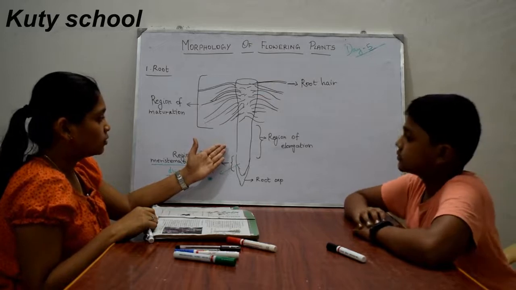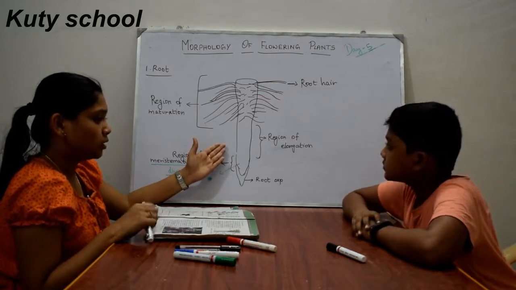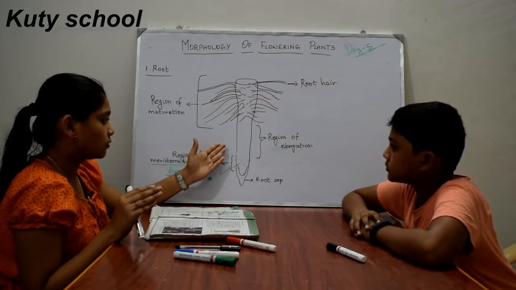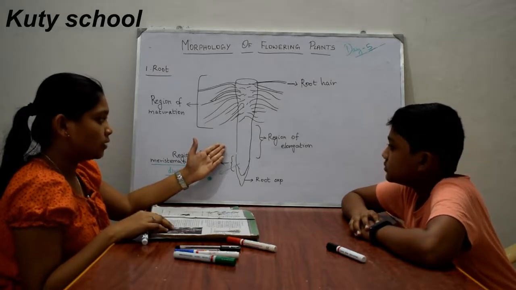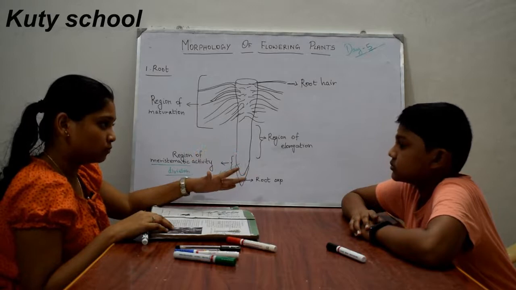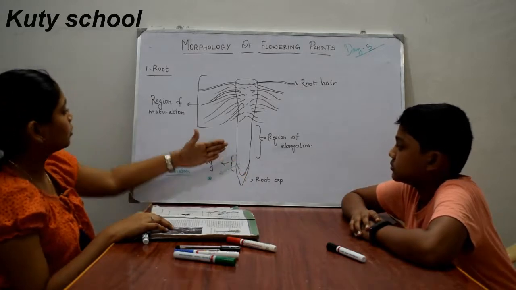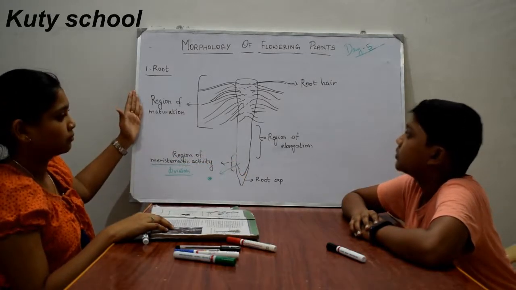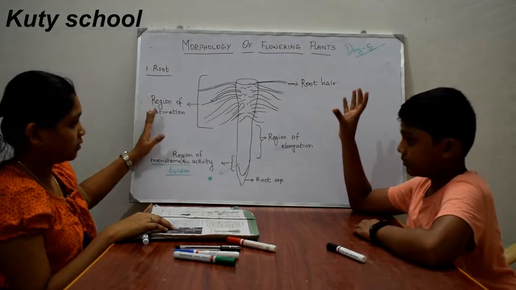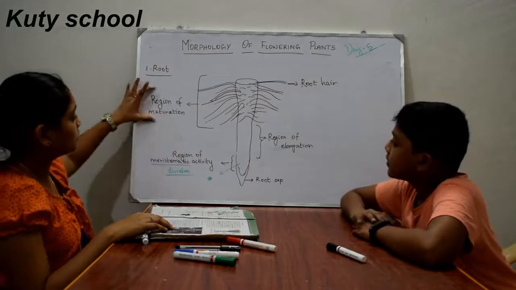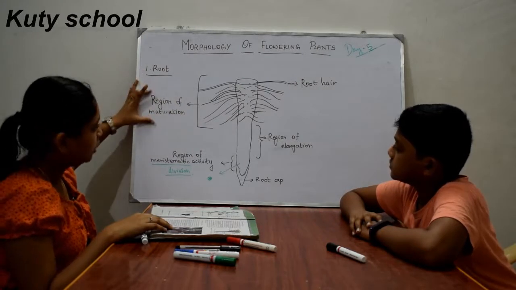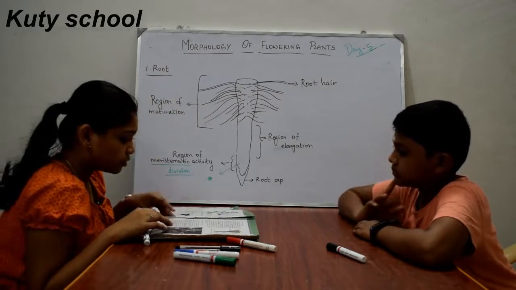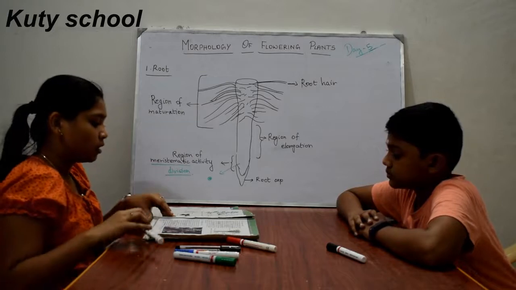So these cells, after some time, differentiate and get matured. So they get matured and therefore they become the region of maturation. So therefore the proximal layer of this root is known as the region of maturation. In this region of maturation,